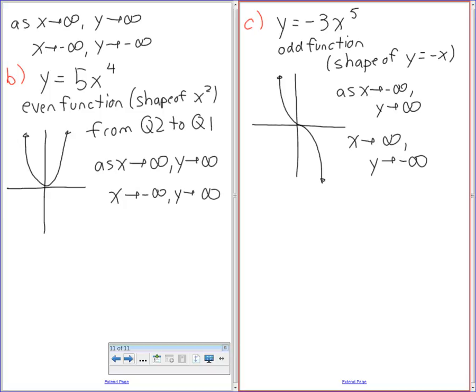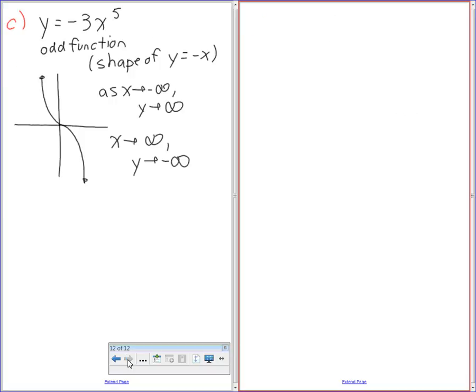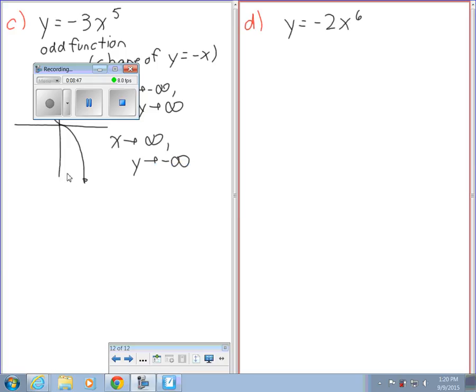Okay. All right, letter D. And I think you guys can do this. I'm going to let you guys try this while we reload. y equals negative 2x to the 6th. So I'd like you to do a very, very rough sketch of that for me, please. And I also want end behavior. Okay? You can do it. I'm going to pause the video. You guys can do this. If you say to yourself, I'm not